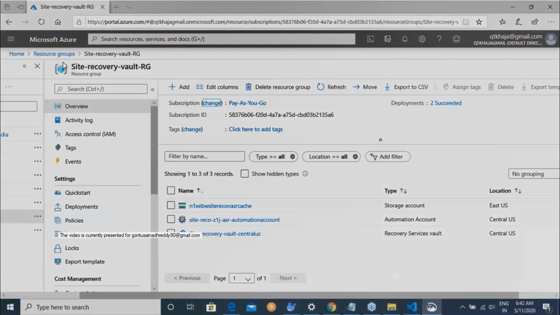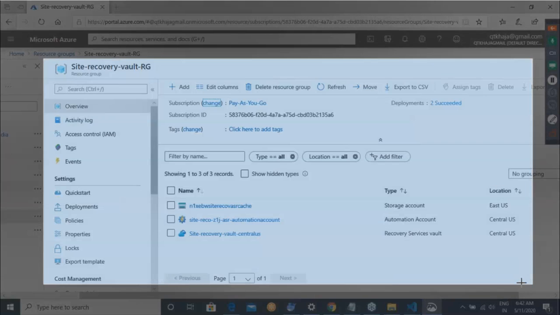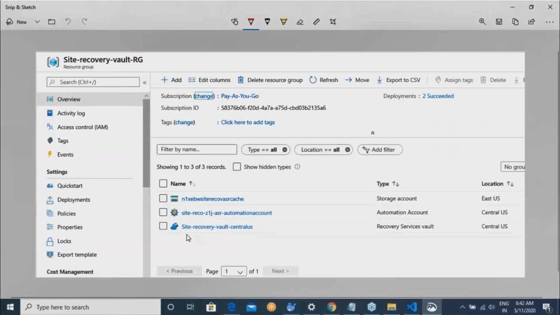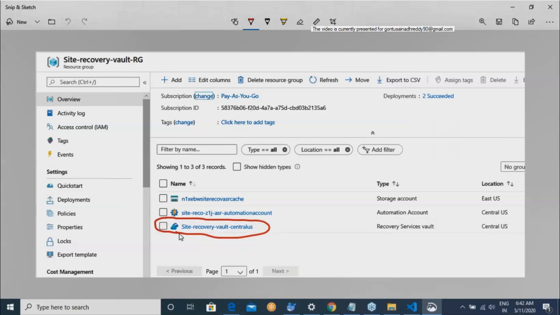Whenever you create Azure Site Recovery, basically a vault is created. What is a vault? Think of a vault as a huge storage unit which can store the information of the servers you are trying to replicate or back up.